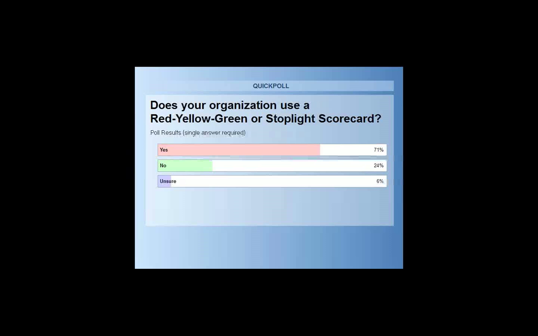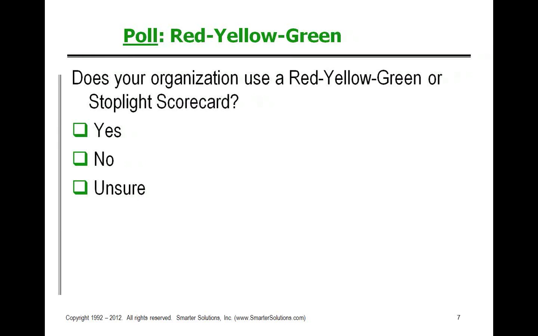Okay, what I'm going to be suggesting or leading to is that red, yellow, green scorecards have some fundamental issues and can actually lead to a lot of firefighting, and maybe they don't really accomplish what most people think that they do.